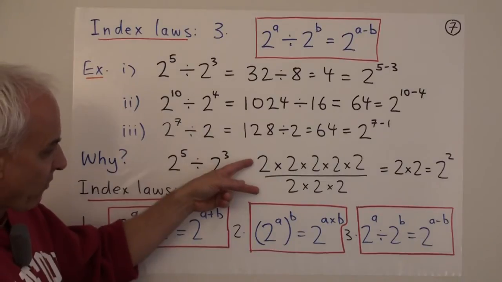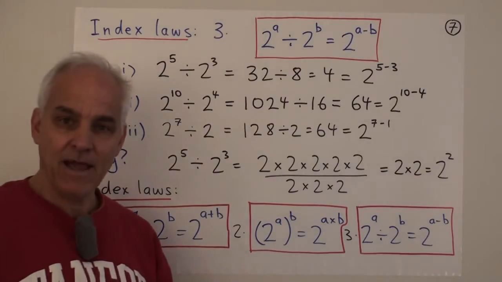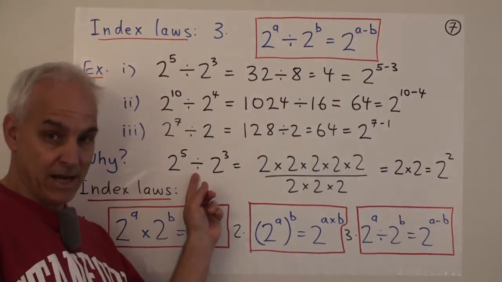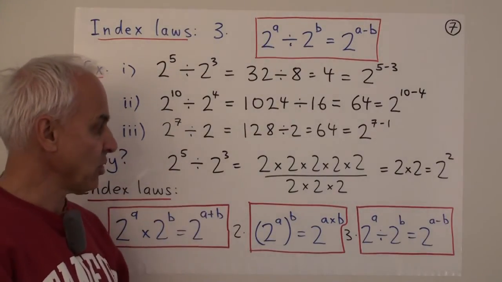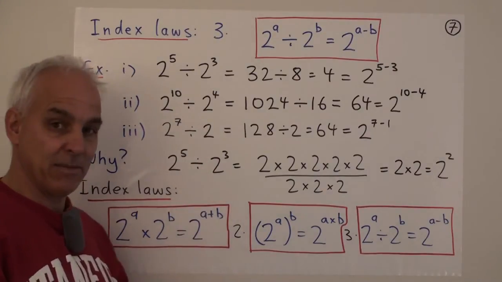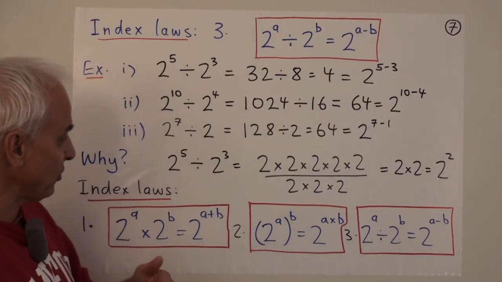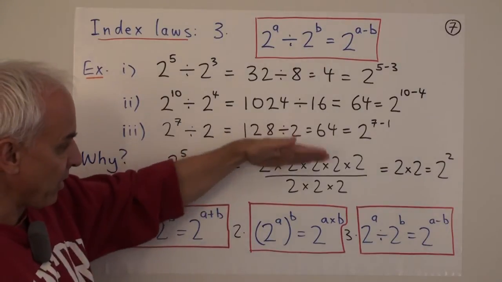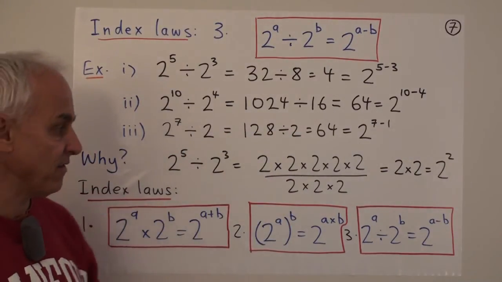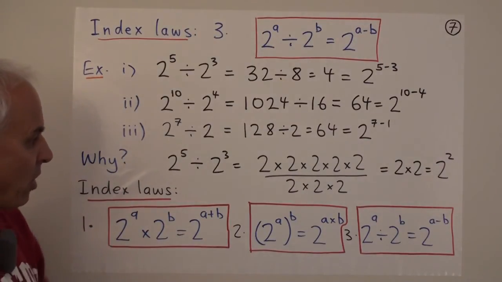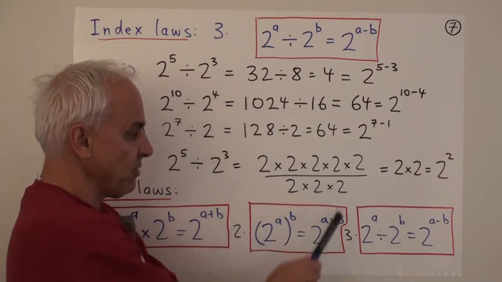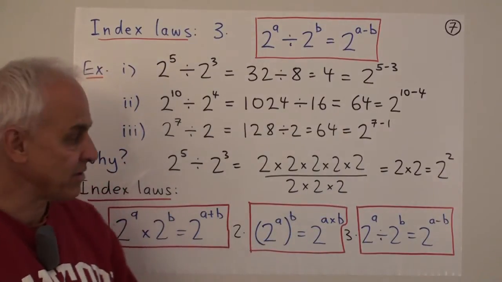And here's another way of writing that division, which is often algebraically more useful than using this division sign. As we proceed in mathematics, we generally use this division sign less and less and prefer to write something over something else, like a fraction, to represent the division. Okay, so if you have 2 times 2 times 2 times 2 times 2 divided by 2 times 2 times 2, how could you work to simplify that?